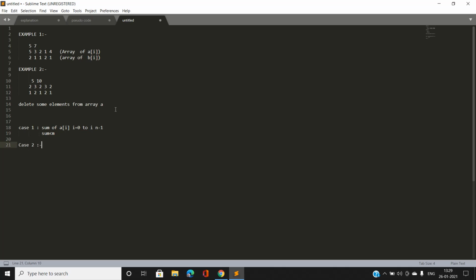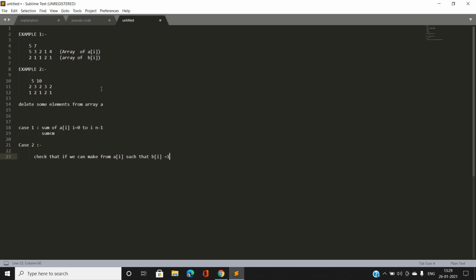So our case 2 is that we are going to check whether we can make m from the ai such that bi is equal to 1.